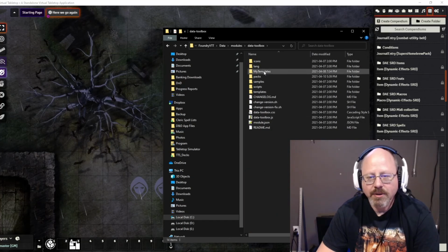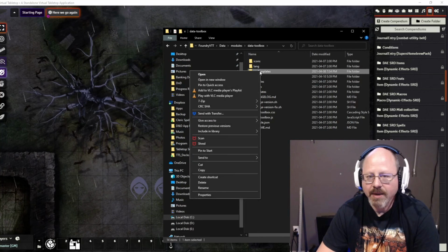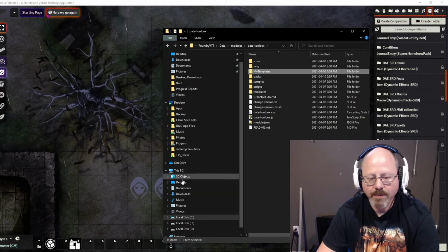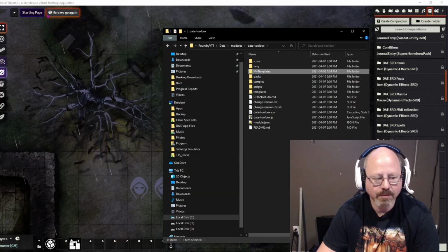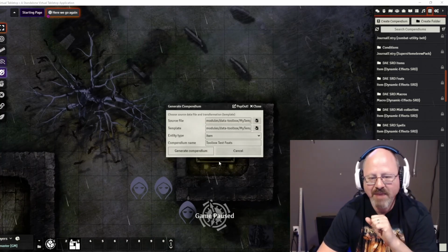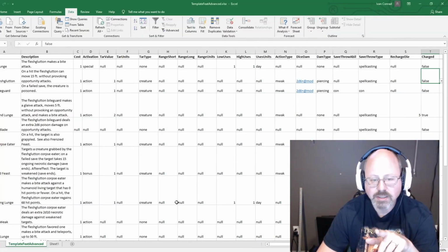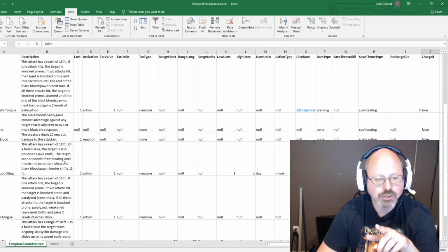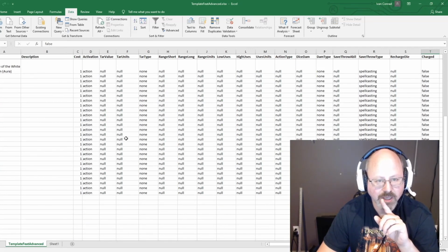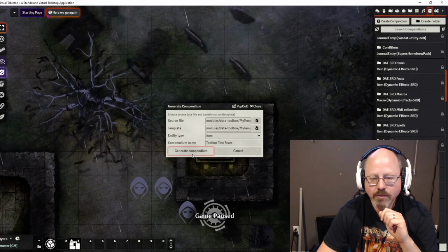And now that I'm thinking about it, this might not be the best thing to do because the next time I update data toolbox, it's going to delete that folder. Or possibly delete it. So I'm actually going to copy that and paste it somewhere else, and I'll come right back. Okay, so I've got a copy of those now just in case something goes badly wrong. But I'm going to click on generate compendium. Now it is going to give me an error because I do have a bunch of open entries down here that don't have anything in them yet. I just copied that down, so I had a lot of entry space. If I go generate compendium,